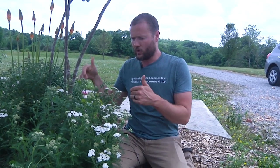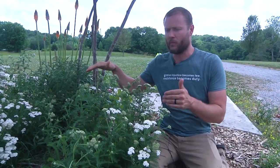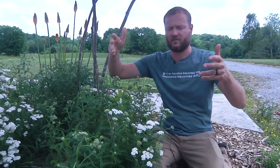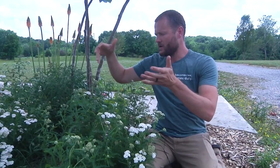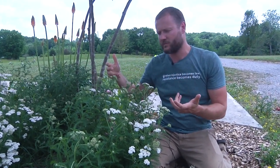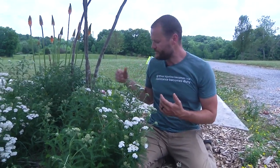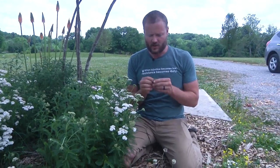Why is this such a cool herb for bleeding disorders? One of the reasons I planted it so close to the house, we found it growing wild out in the field and transplanted it here, is because it's one of the best herbs to have in your emergency herbal medicine cabinet. Because the leaves can be plucked off very quickly,